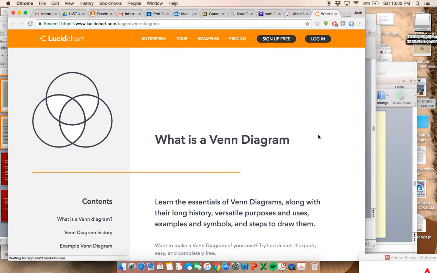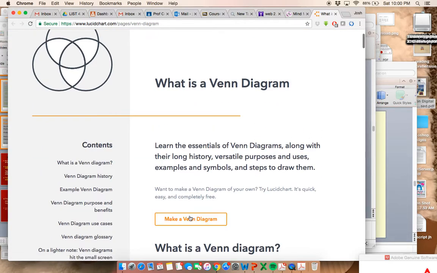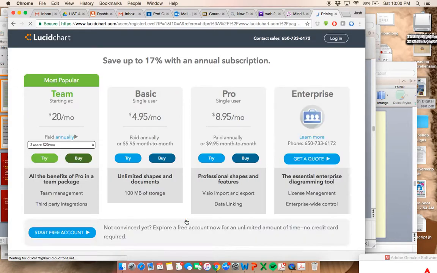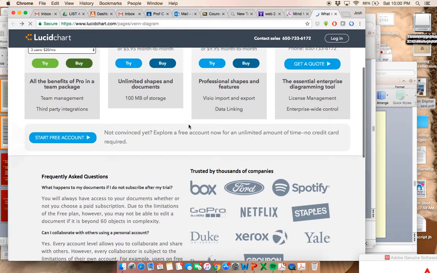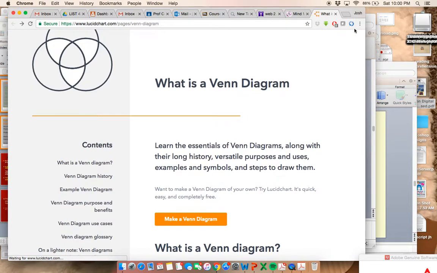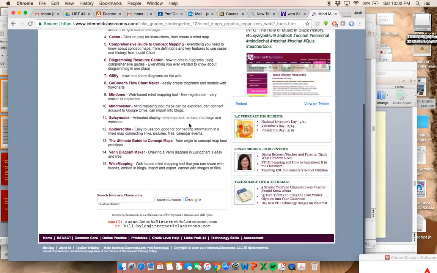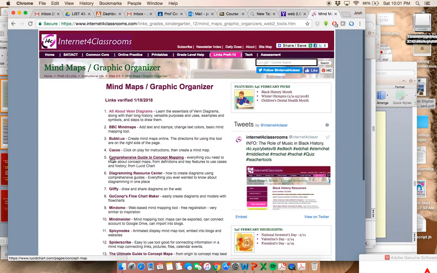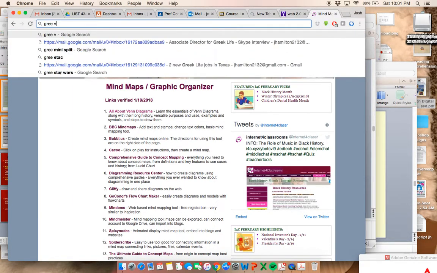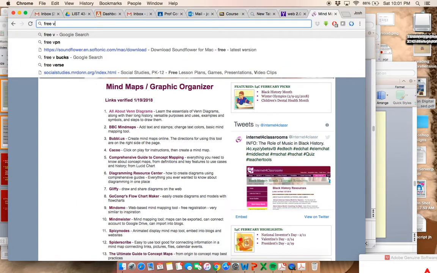So if I want my kids to make a Venn diagram, first, we discuss what it is. Now let's have them make it. Oh, man. This is the worst, when you have to pay for something. This is why I did this with y'all, because now we've got to go back to the drawing board. But once you've focused in on something, let's say we wanted to do a Venn diagram,